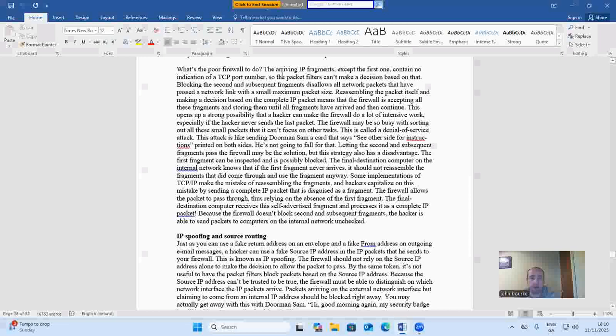What's the poor firewall to do? The arriving IP fragments, except the first one, contain no indication of a TCP port number, so the packet filters can't make a decision based on that, blocking the second and subsequent fragments. This allows all network packets that have passed a network link with a small maximum packet size, reassembling the packet itself and making a decision based on the complete IP packet means that the firewall is accepting all these